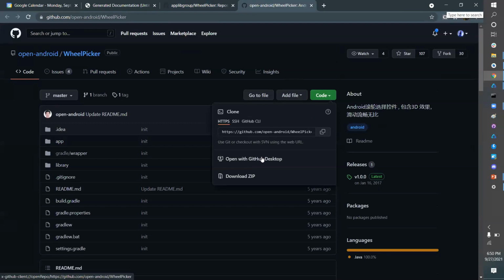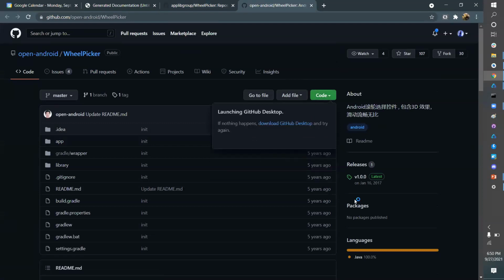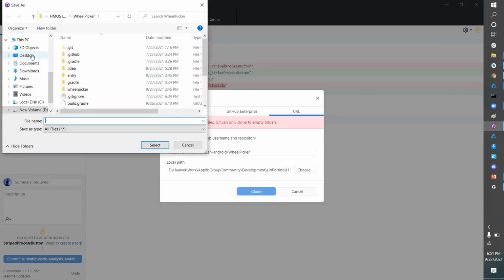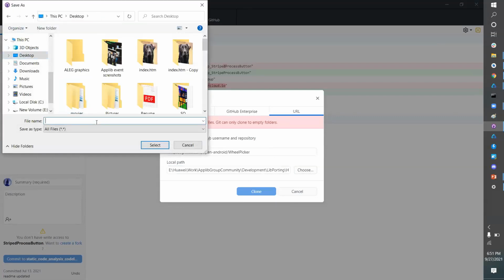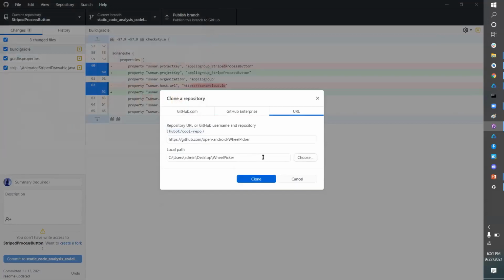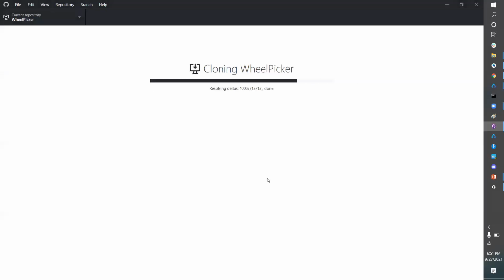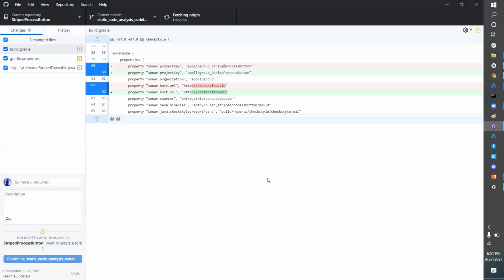So I'll show you. The very first step, we will have to clone the Android code,